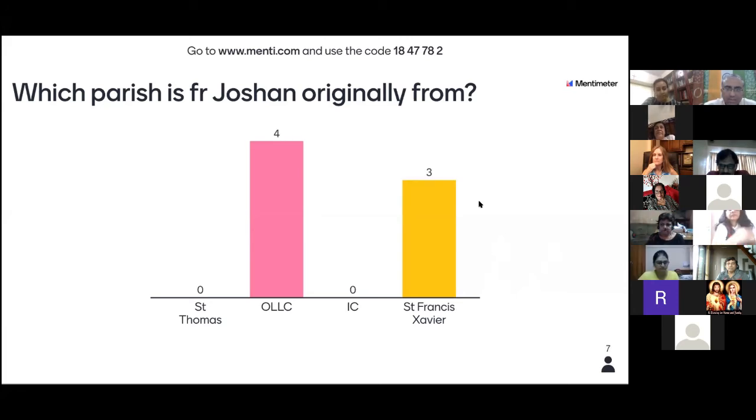So how do we participate in this graph here? It comes automatically. You can see the code up there on top of your screen. So you go to www.menti.com and it will ask you for the code. You ask your respondents to enter that code number that goes to that quiz, and the bar diagram is generated automatically by mentimeter.com. Fine, thank you.